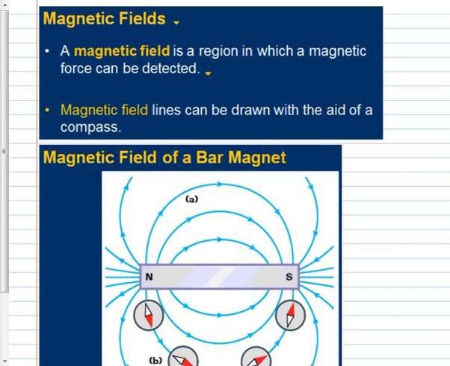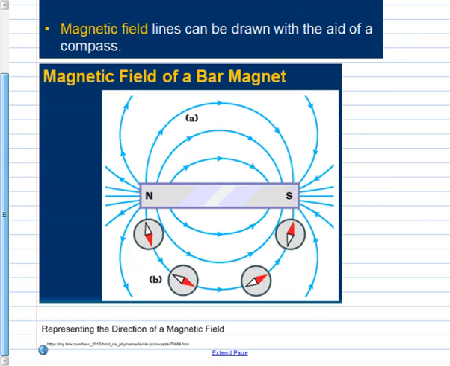So what is a magnetic field? The region in which a magnetic force can be detected. We obviously are in a magnetic field because these compass needles are pointing in a specific direction. And I move it around and they point in a different direction. So magnetic field lines are the lines that are drawn that show the direction of a magnetic field, which is the direction that